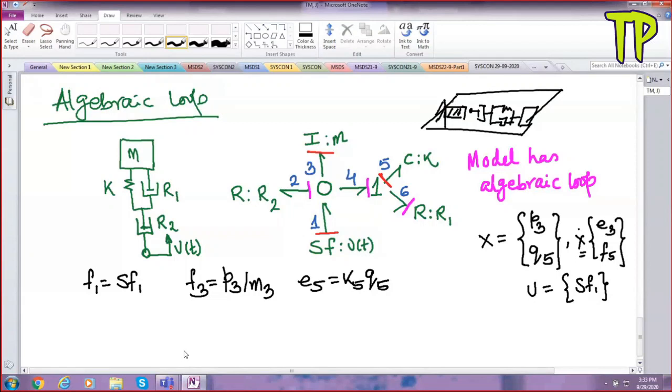And you are exciting it by applying some voltage to this piezo device. So you are applying some voltage and it's moving this place. It's possible. Okay, so if gravity is not given, you don't care about it. If you put gravity, this will contain another source of effort. So that is not going to change the nature of the algebraic loop. What I am going to demonstrate is the property of the algebraic loop.